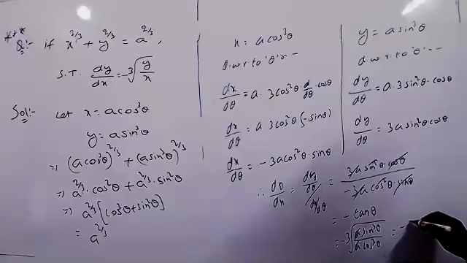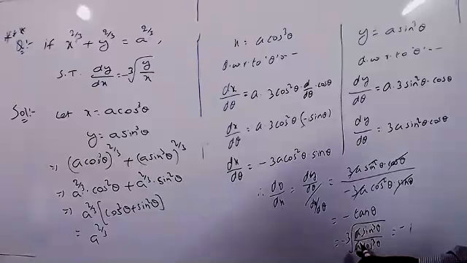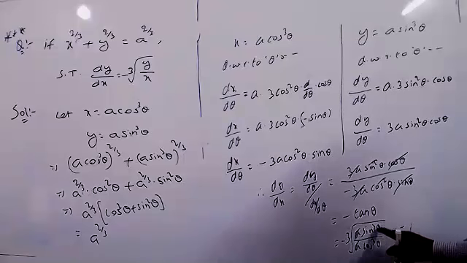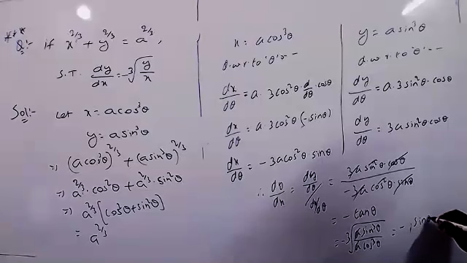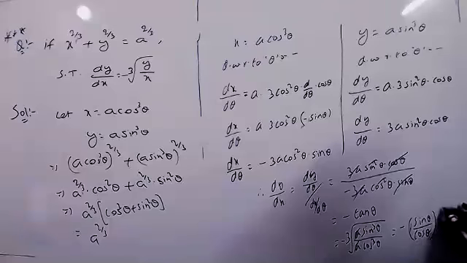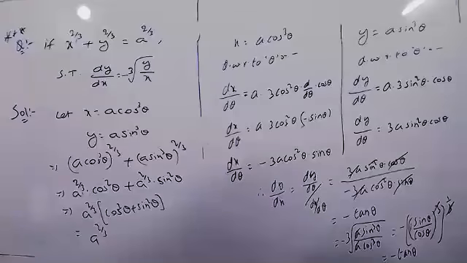So it is the minus cube root of... what is the meaning of cube root here? Cube root means whole power 1 by 3, and sin cube by cos cube, using a power m by b power m equal to (a by b) whole power m, you can write (sin theta by cos theta) whole cube, and whole power 1 by 3. The 3 will be cancelled, and sin by cos equals tan. So this is minus tan theta. Understood now? So LHS equals RHS.